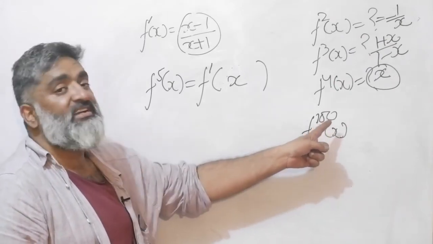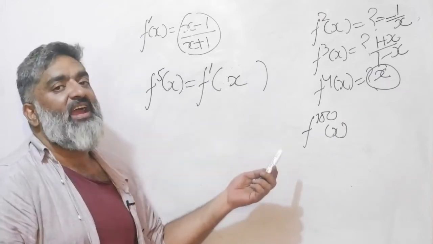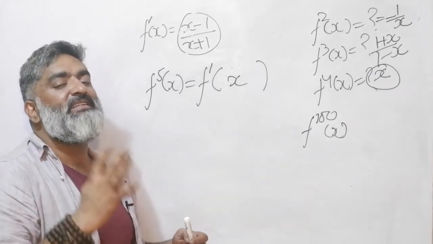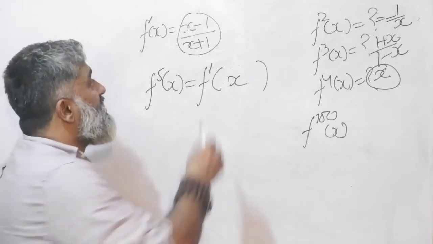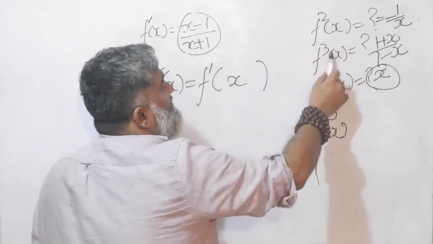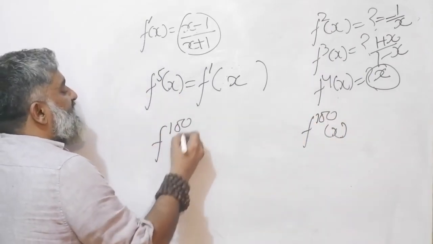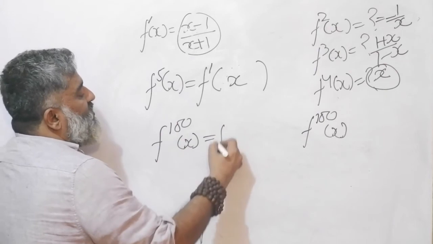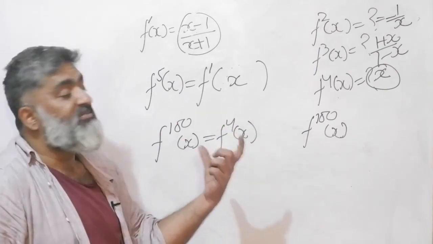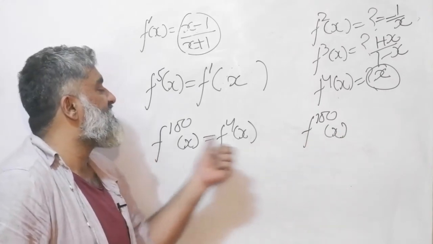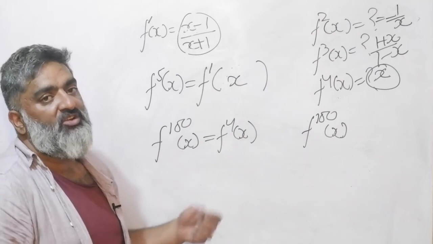I'm at the 100th step. I want to figure out where it would be in the cycle. So I will just divide 100 by 4. My remainder would be 0. That tells me I'm on the fourth step of the cycle. First step, second step, third step, fourth step. Or essentially what I'm trying to say is, do the chapter on cyclicity later, and I'm trying to say that f100 of x is the same as f4 of x, right? That is because of the repeating nature of the cycle.